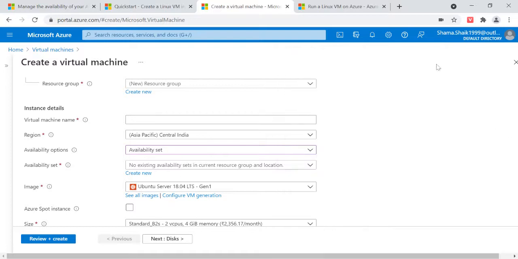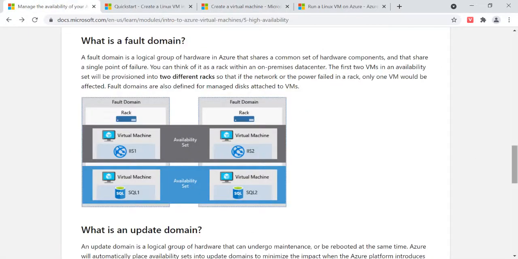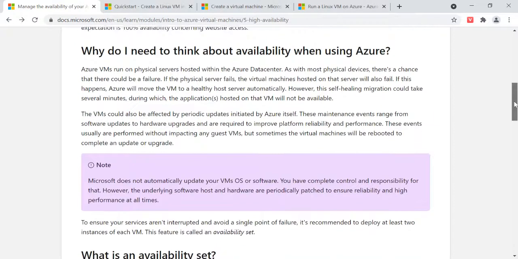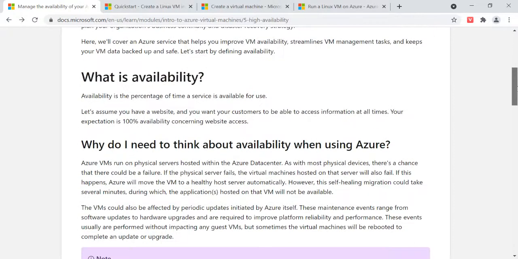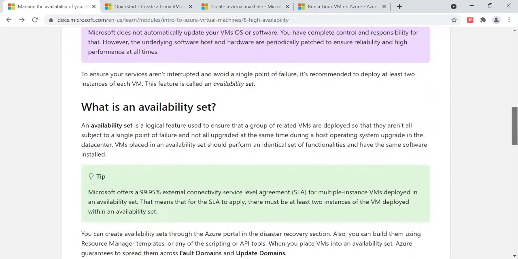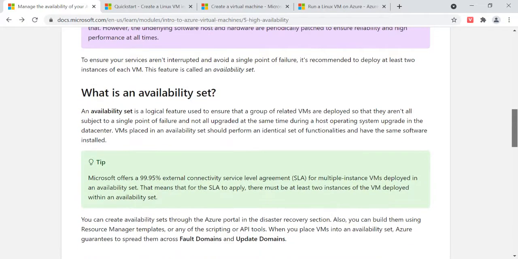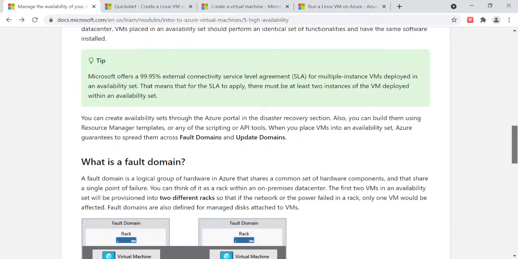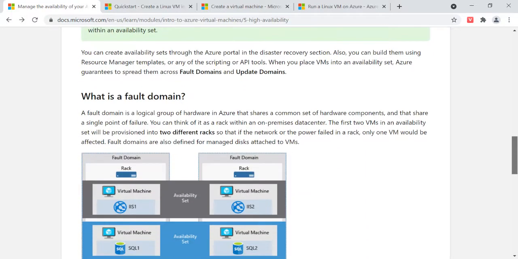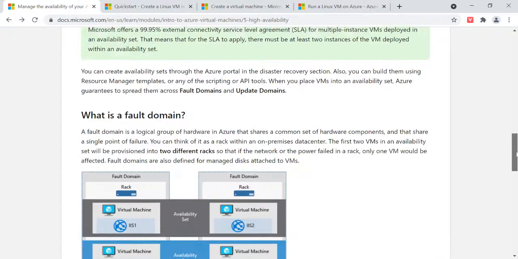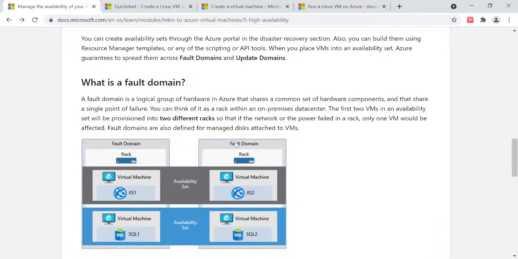Availability is the percentage of time that your service is available. An availability set is a logical feature that ensures a group of related VMs are deployed so that if there is any failure, there is a backup. You have two things while selecting the availability set: fault domain and update domain. Fault domain is at the level of racks.